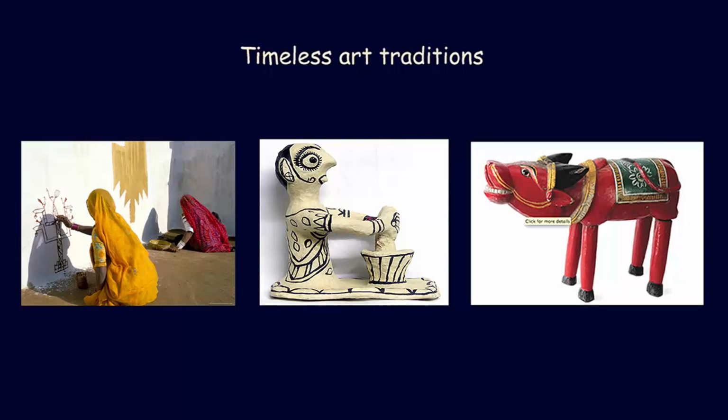But when you look at plenty of terracotta toys, dolls, wall paintings, floor paintings happening in different parts of India, you can of course say that this floor decoration or this mandala is from Rajasthan, this kolam is from South India, this alpona is from Bengal, but these artworks do not have anything very specific about their time origin.